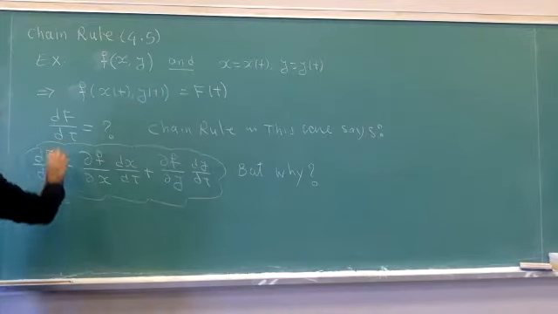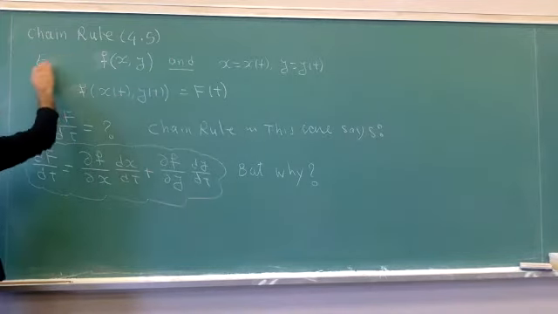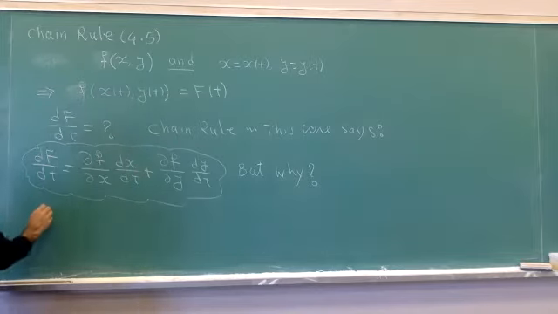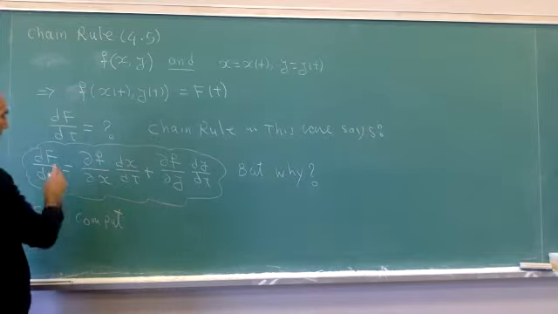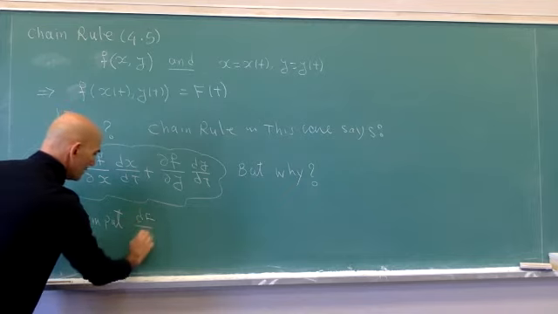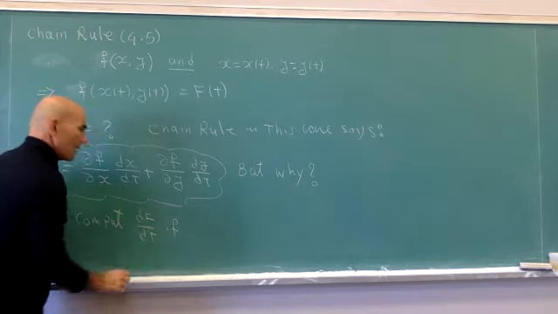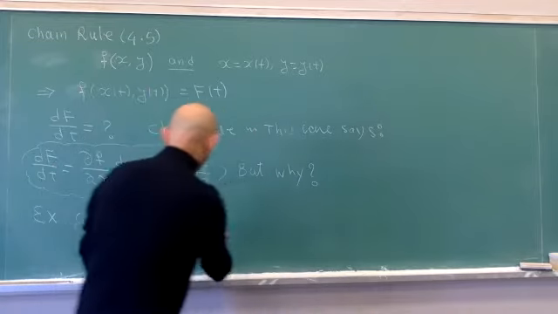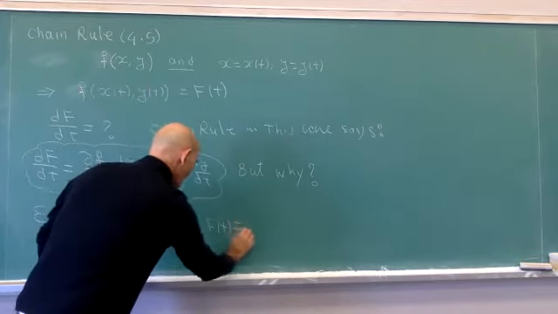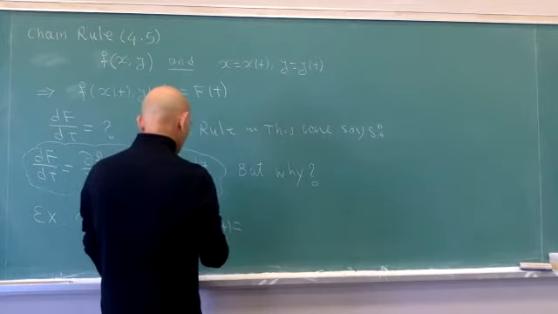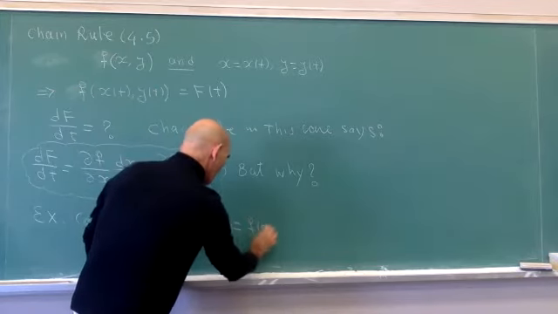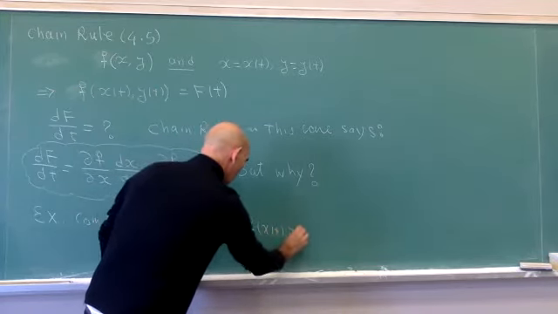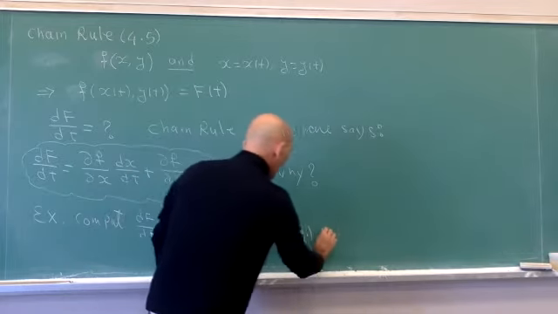So here is an example. So this is not an example really, this is theory. So here's an example. Compute df dt if f of t is equal to f of x of t, y of t with